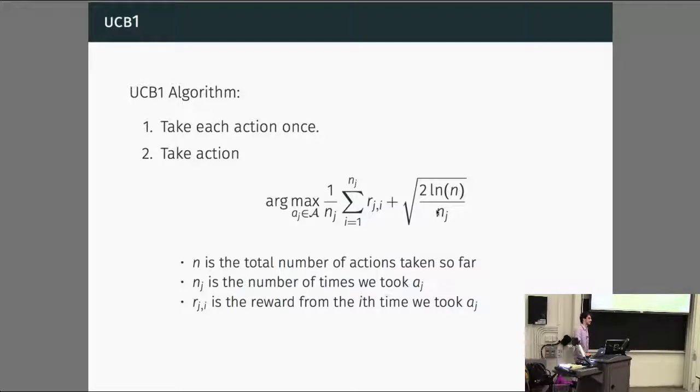Why does it decrease? As the number of actions increases, the logarithm increases, so that term does increase. Sorry, I said it wrong. As the number of times you pull a certain arm increases, the denominator increases, so this term decreases. So n is the total number of actions we've taken so far, the total number of time steps. So it still increases, but very slowly because it's a logarithm, while the count for the arm increases exponentially faster.